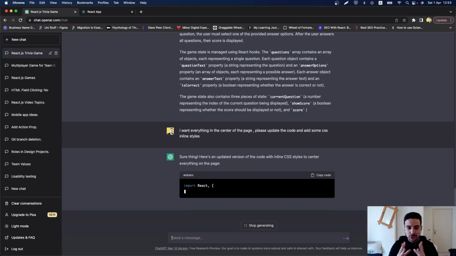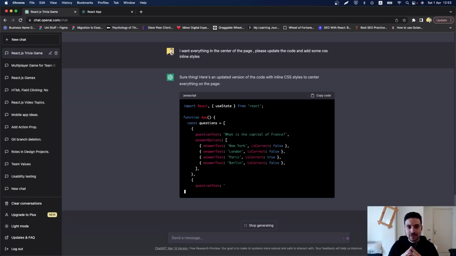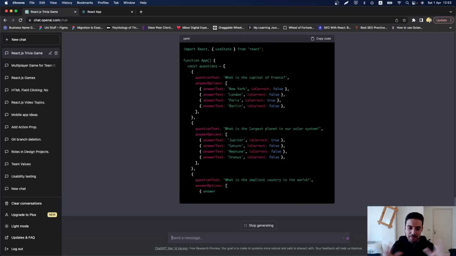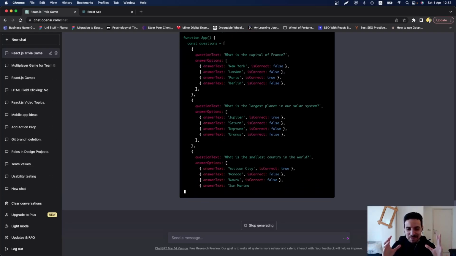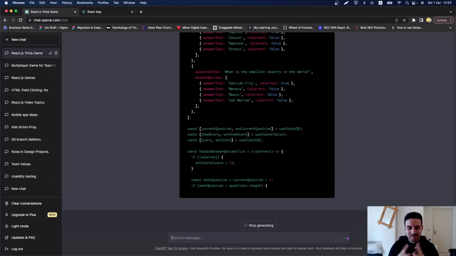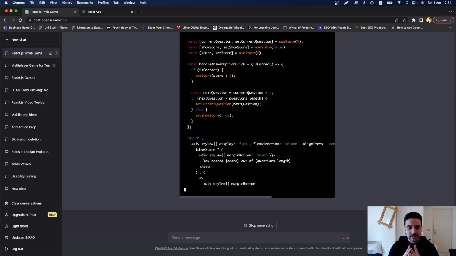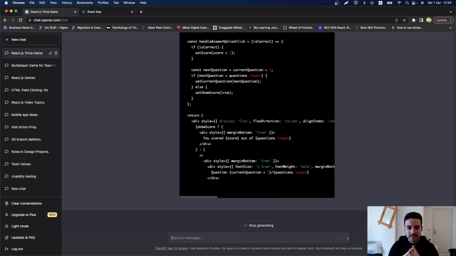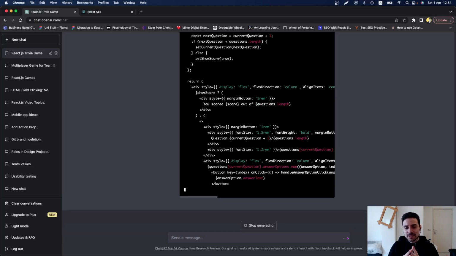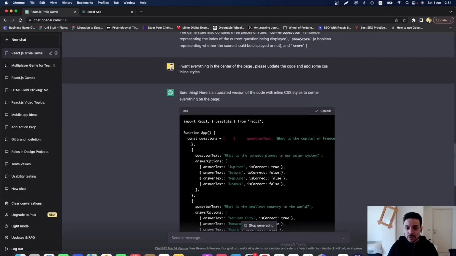Okay, sure thing. Here's an updated version of the code with inline CSS styles to center everything on the page. Cool. I'm gonna wait for you again, my friend. You're my best friend. You became my best friend, literally, since you have been released. So I'm gonna wait for you. Okay. Question, current question plus 1. Sometimes it's making mistakes, but I don't see any mistakes here, so let's copy the code